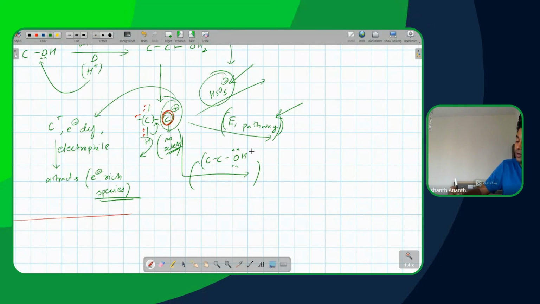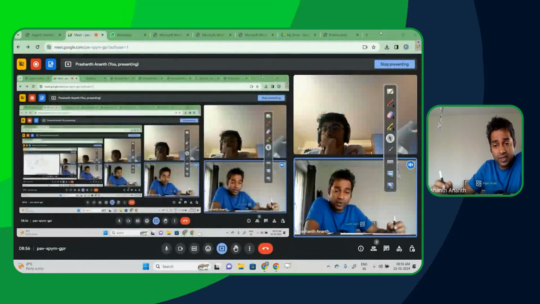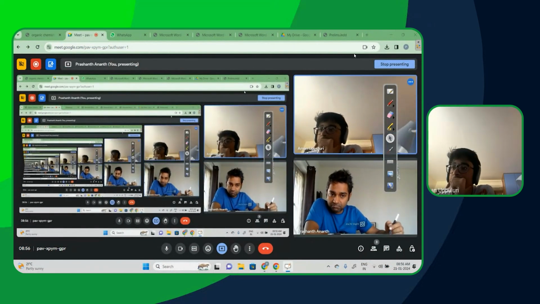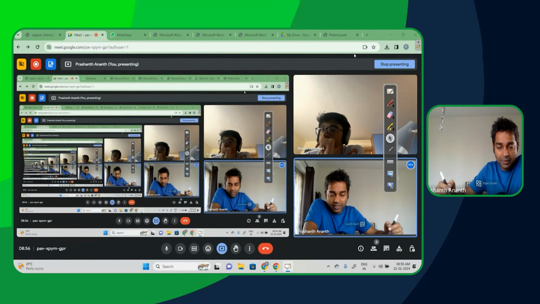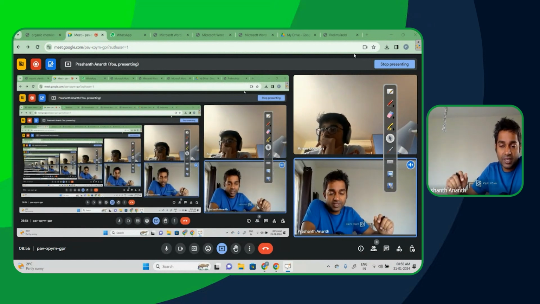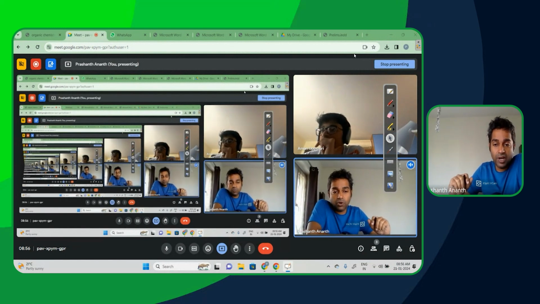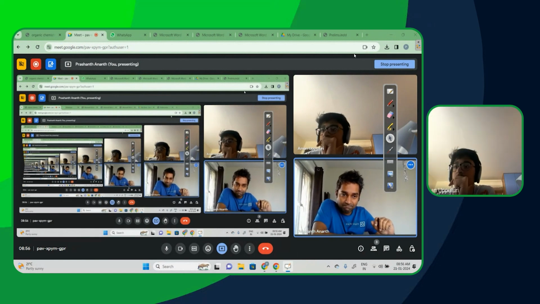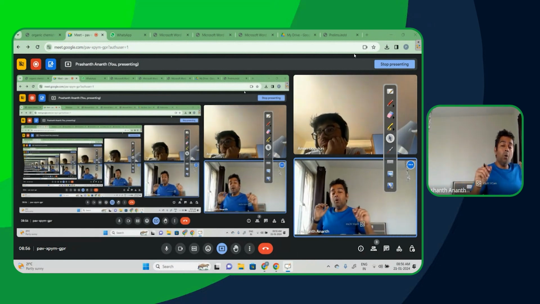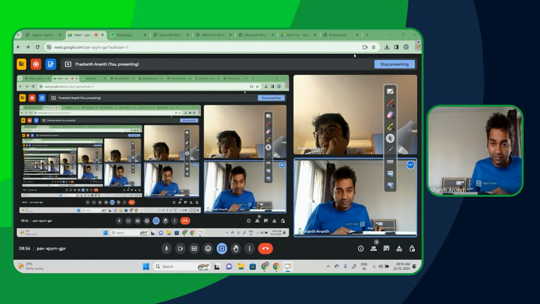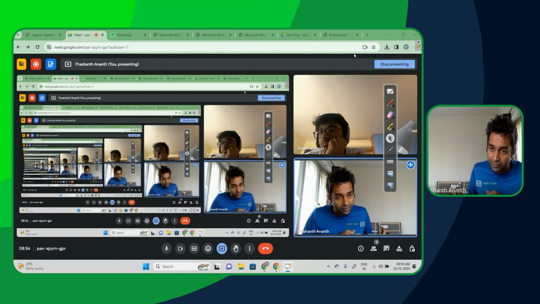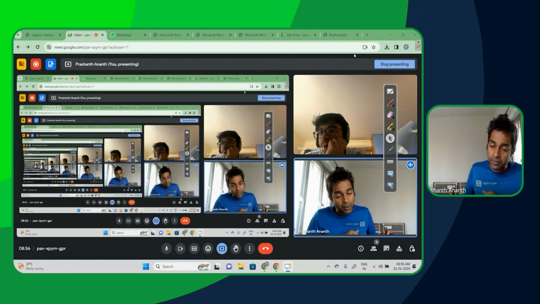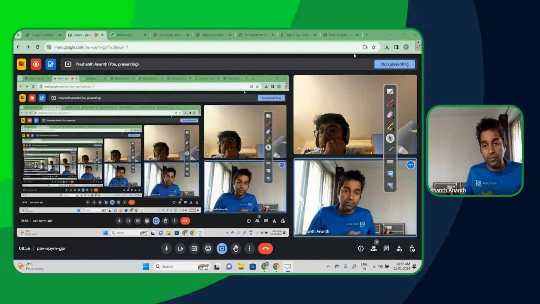This ethanol here, if it does attack, there are some requirements for it to attack. It should not be dominated by the sulfuric acid completely. That is absolutely a first requirement. That means if I have a tremendously large amount of sulfuric acid and a tiny amount of ethanol, the ethanol is going to be much lesser in quantity. But if I have only a small amount of concentrated sulfuric acid added and a tremendously large amount of ethanol available anyway, then this becomes a far easier possibility to see. Enough ethanol molecules will be around.